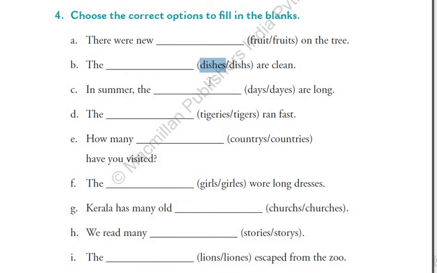Dish is. This is the correct option for the blanks. Yes, just remember es. You just don't have to add s, you have to add es at the end of dish. So it will become dishes, the plural of the word dish. So the answer will be like, the dishes are clean. That will be the correct answer for the blank B. Okay. Similarly, let us solve C, sentence C, blank C.